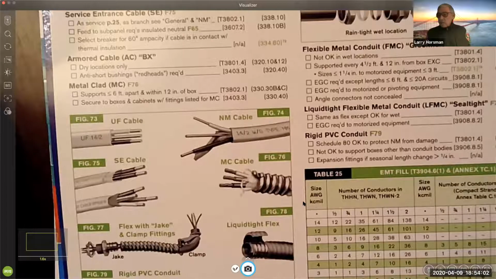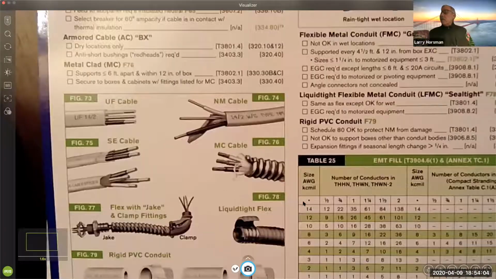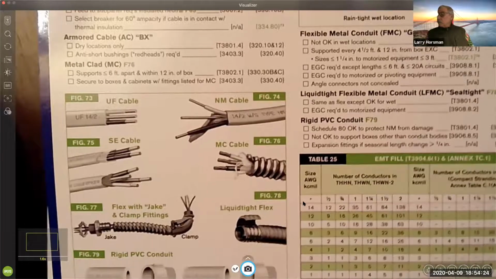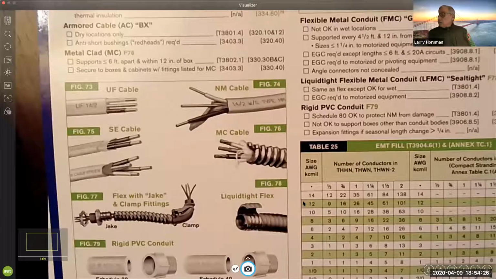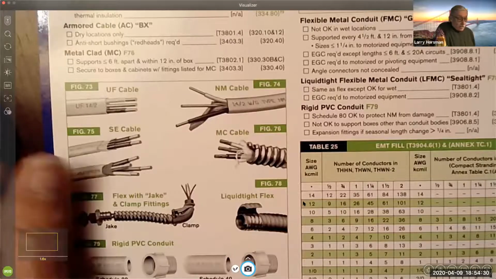So this hasn't changed too terribly much, but if you wanted to see a picture of some UF cable, SE cable, liquid tight flex, MC cable, NM cable, they've got at least some little pictures of that stuff there. So we're not going to spend too much more time on that, but